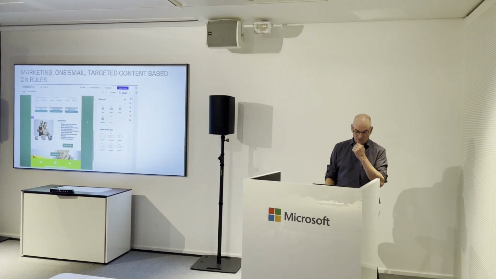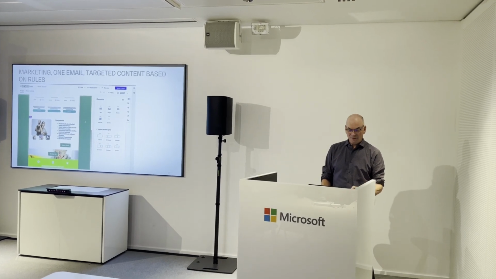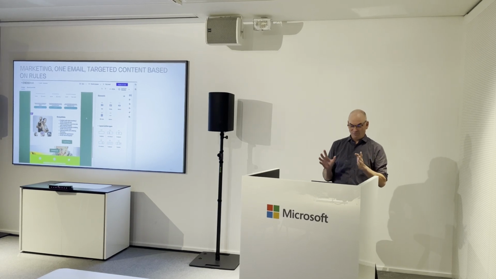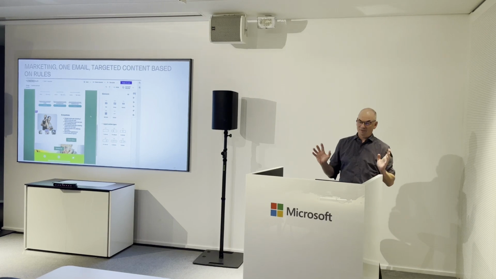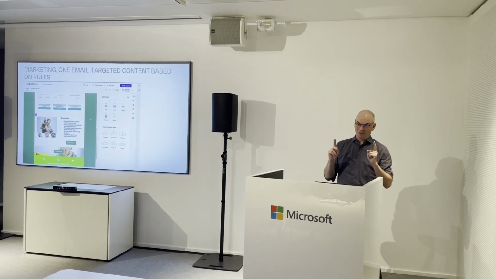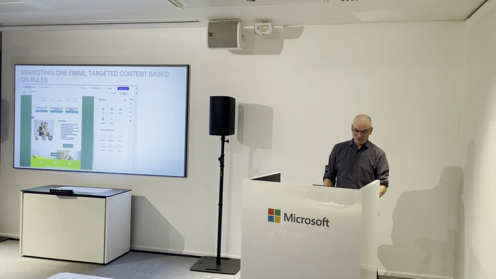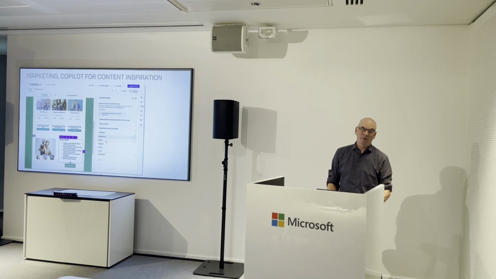And you can do this in Dynamics, so you can say, well, when we're contacting, let's say athletes, then we want the content, the pictures, various facets of the email to be different. It's the same email, you don't have to create 20 different email templates, it's one template, but you can change the content dynamically. So this is a very nice way of cutting down the amount of work that you need to do